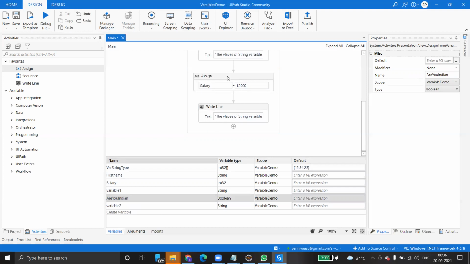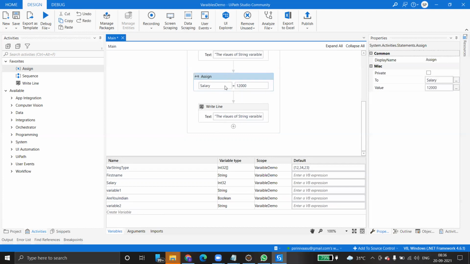Just copy, assign, and this both I just want to print. Control C, Control V. Just drag here the last one.